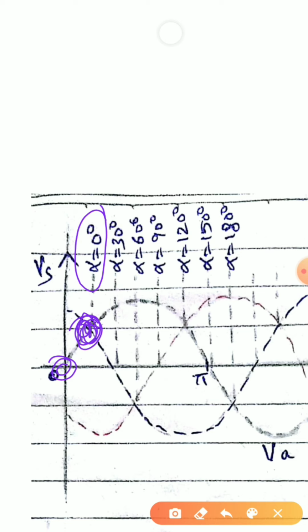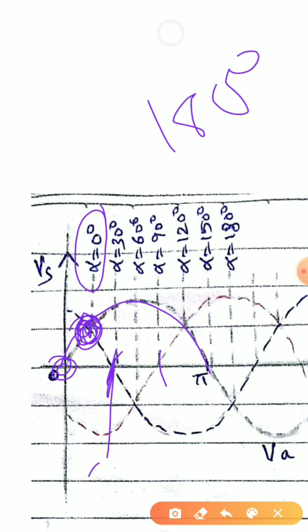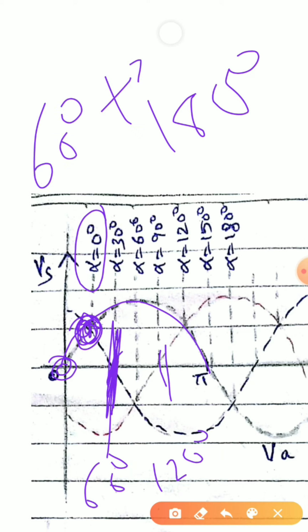If the firing pulse given is, for example, this is my first half waveform, which is almost about 180 degrees. We can see here that it is split into three parts. So I'll take this to be 60 degrees, and I'll take this to be 120 degrees. Now for example, if I am giving my firing pulse at 60 degrees, then as we have said earlier, plus 30 degrees, that means my thyristor will turn on at 90 degrees.